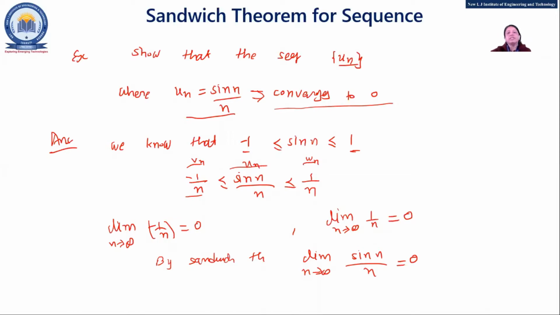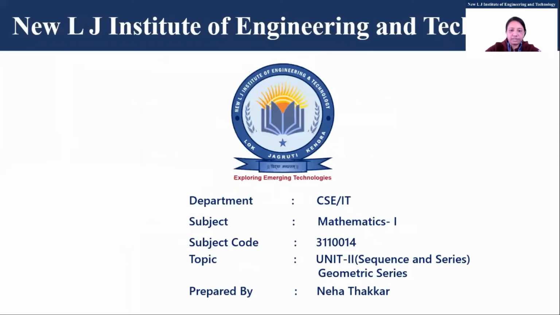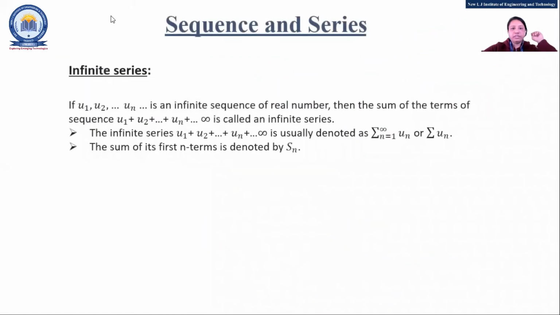So this is about sequences, right? Sequence, limit of a sequence, bounded sequence, monotonic sequence. In monotonic, again there are 3 types of sequences, and the sandwich theorem and some examples of sequences, right? Now the next thing is a series. So what is a series? Anyone? What is the definition or what do you know about series? Okay, Akhilesh.